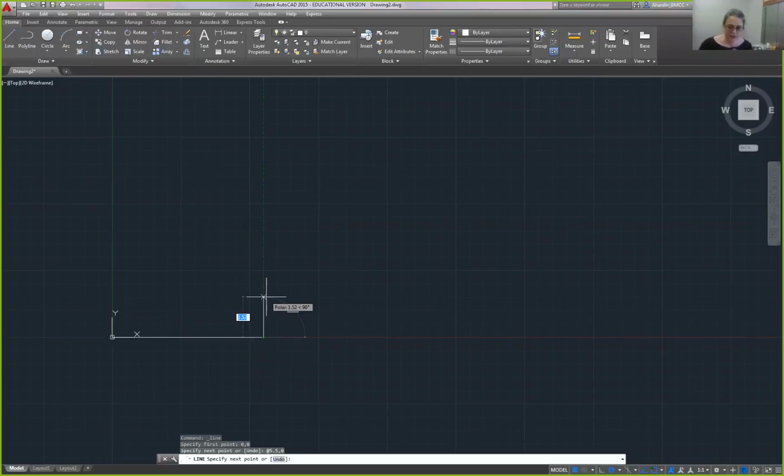That next corner point is at the same X coordinate, 5.5, but now that corner point is 2.5 inches up. Oops. Let's undo that because I messed that up. Let's try that again. So what AutoCAD just did, I just messed up because I used what are called relative